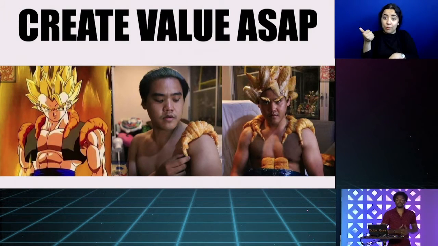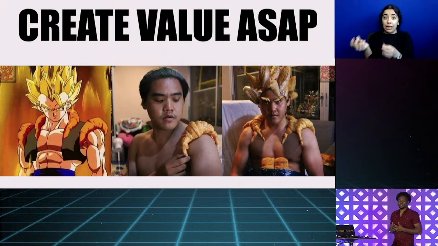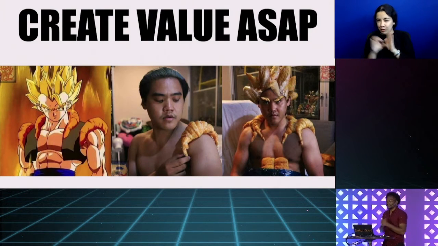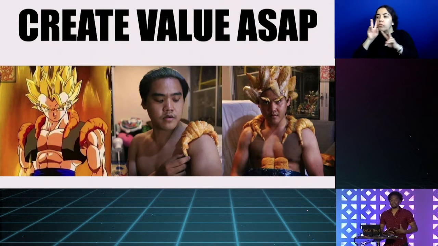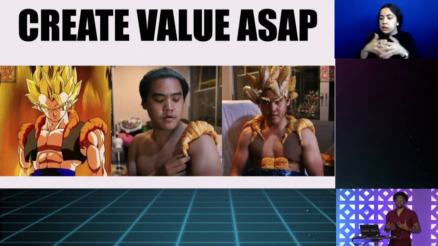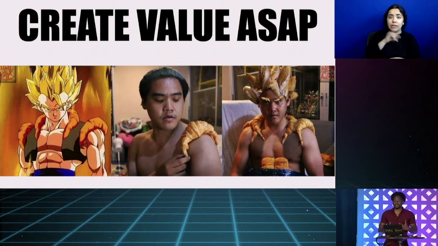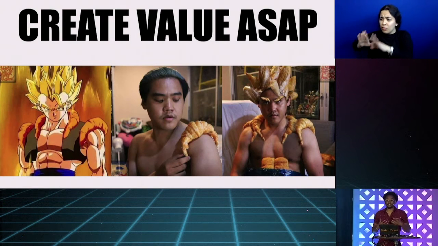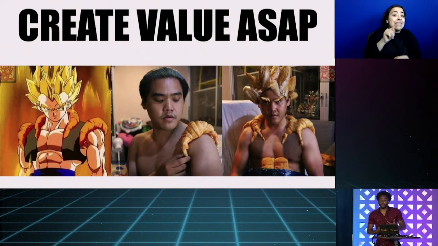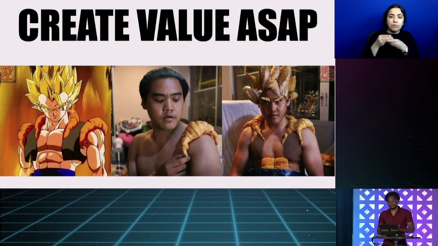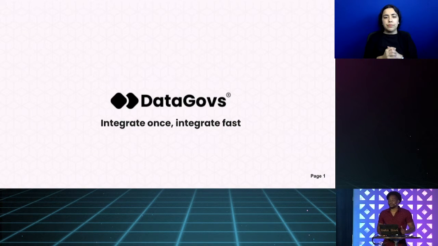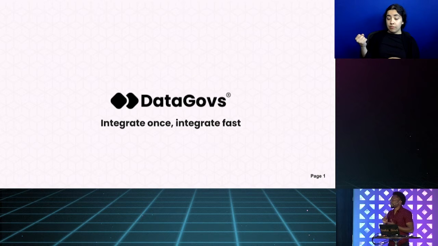So we believed in this theory of create value ASAP. And what we found in creating value ASAP is we went out in the field and manually looked at all the problems happening with the devices and issues and machines. What we realized is that there needed to be a better way to track issues around data. Data quality is becoming really important. And while engineers and software practitioners are great at solving the nitty-gritties of software development and code, there needed to be a better way to manage this around data and make it easier for developers to participate and help solve problems. This came back to the data teams and the data practitioners like data scientists and data engineers who we worked with. So Govs has created an API that lets you integrate once, integrate fast to all of these different applications